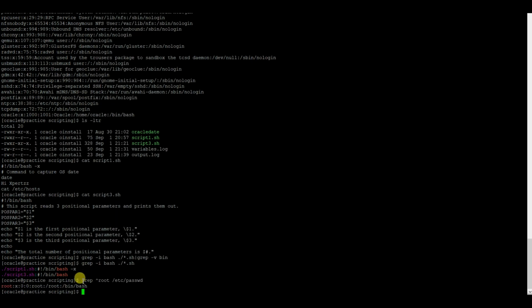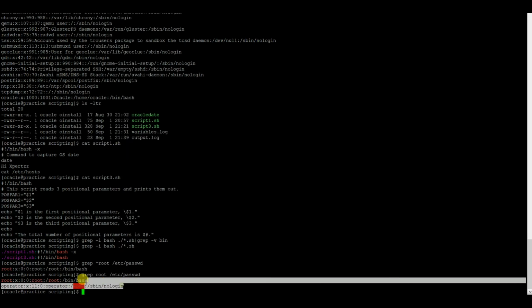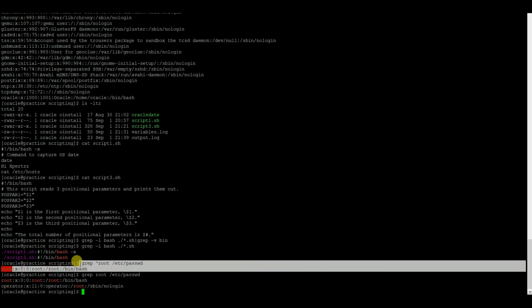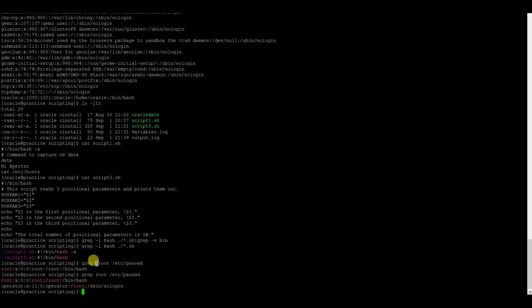So you can see in here that in my previous example, there were two lines in my output. But here I am mentioning that I need the line starting with only root. So it gave just this output. So this is done through the caret.